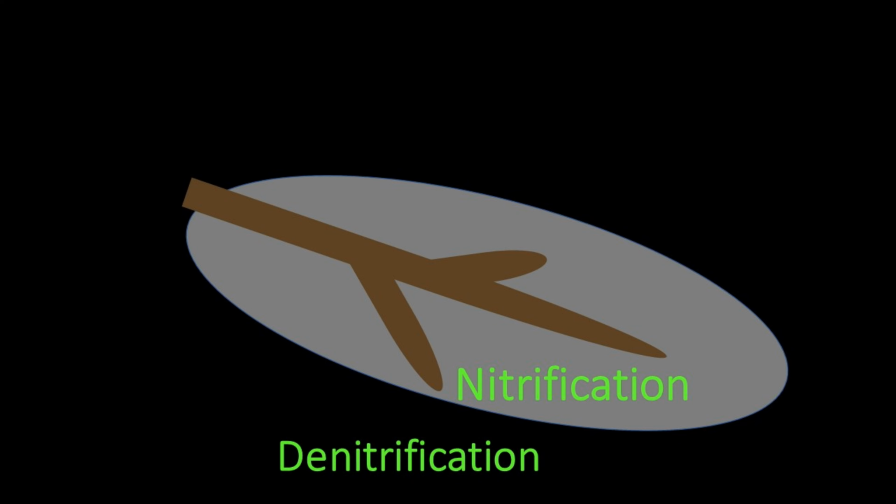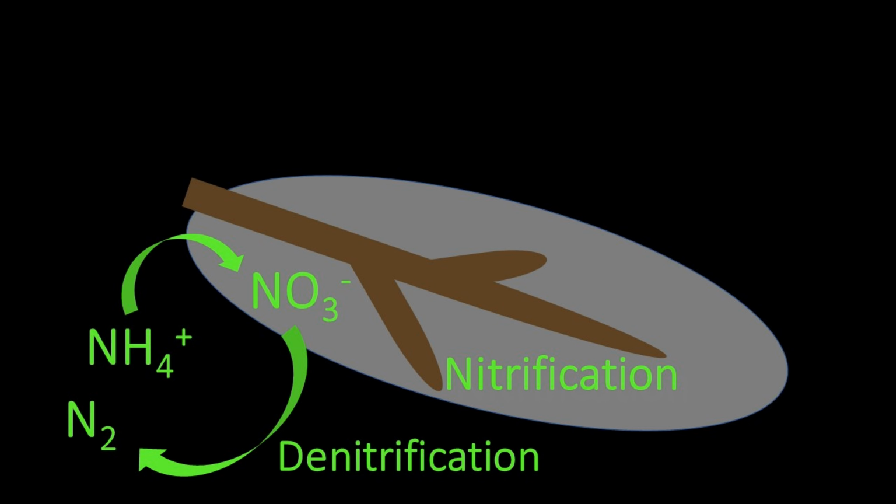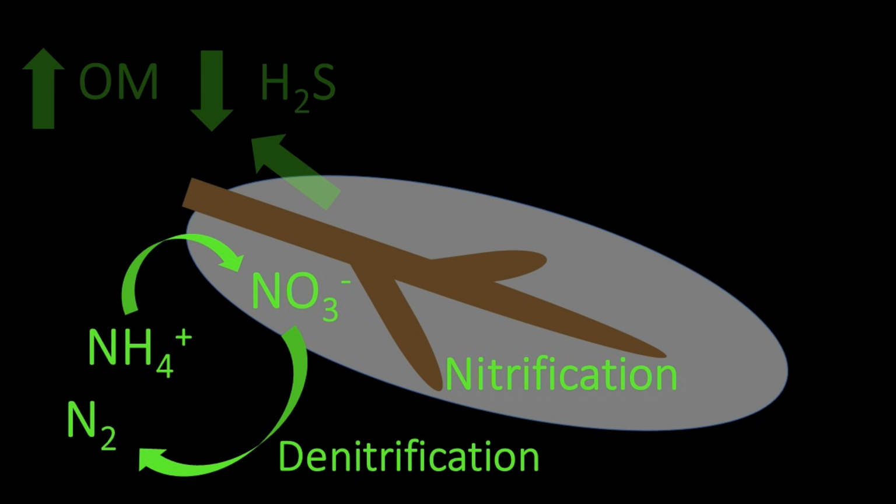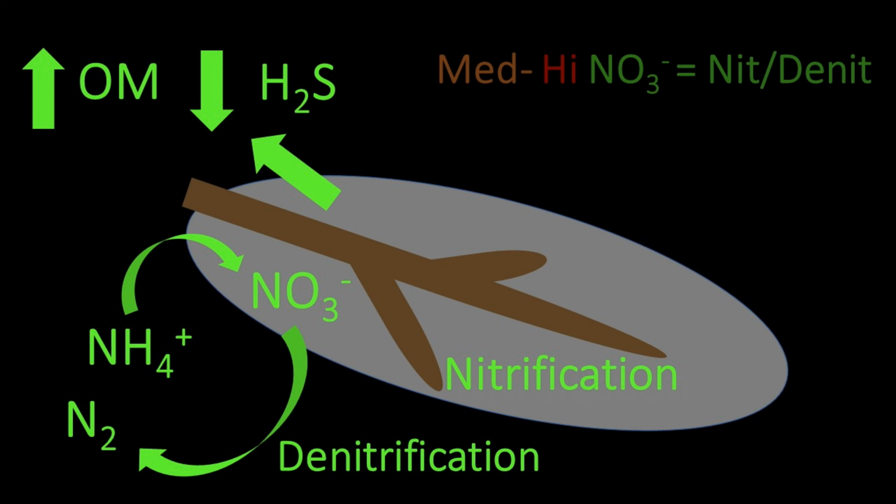This interface is also commonly the site of coupled nitrification-denitrification. The oxygenated zone produces nitrate via nitrification, and when the nitrate enters the anoxic zone, it becomes denitrified into atmospheric nitrogen. This is further stimulated by seagrass providing nutrients and reducing toxic sulfide levels. The dominance of this coupled process can be upset if the system is relatively nitrogen poor.